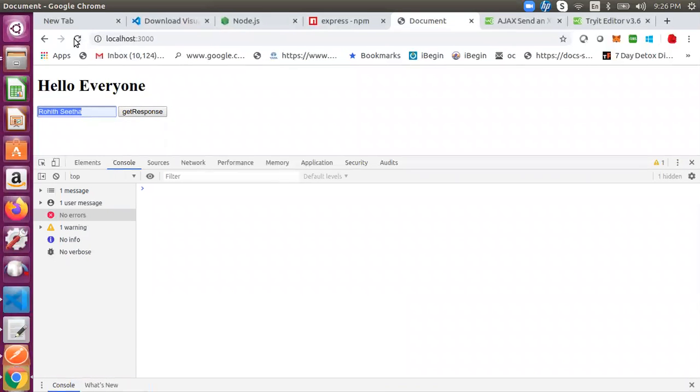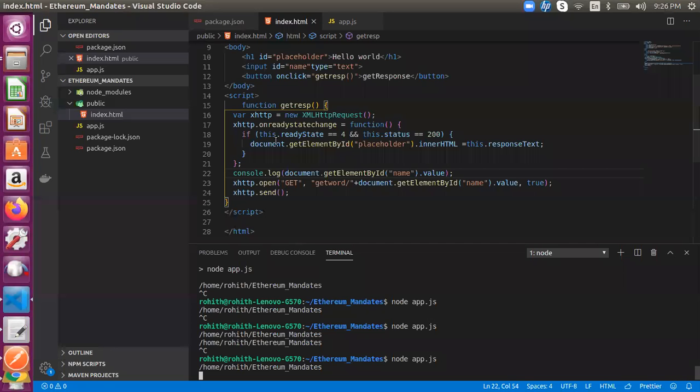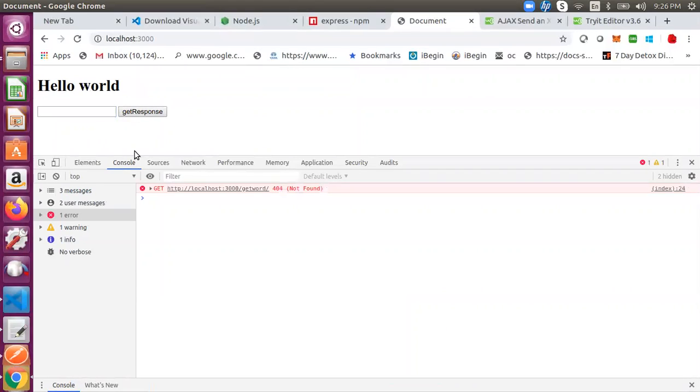Then I'll reload it. Initially, get response: the route is not found. We are giving some parameter over here, right? Colon ID. That is not coming. So I enter Rohit and get the response: Hello Rohit.